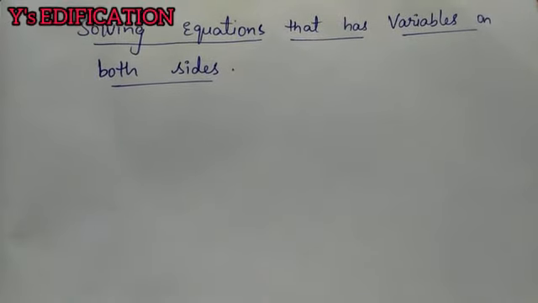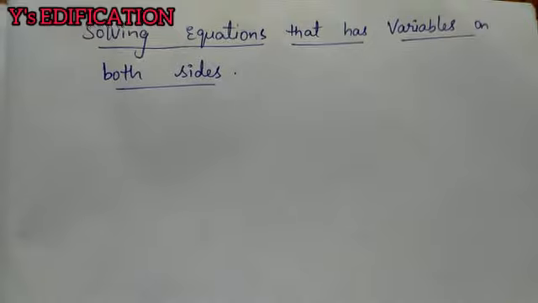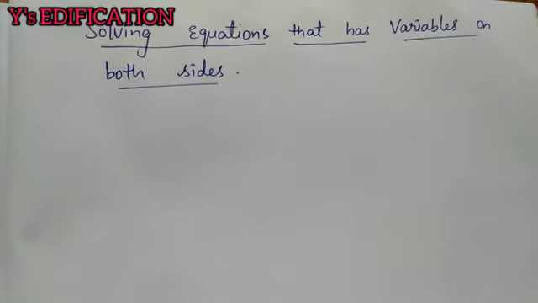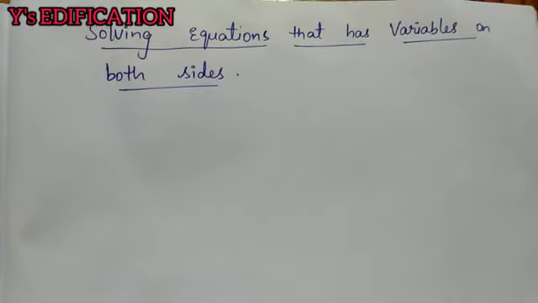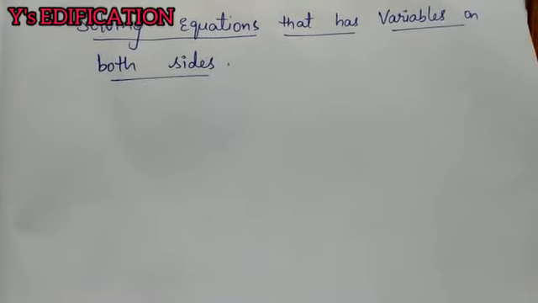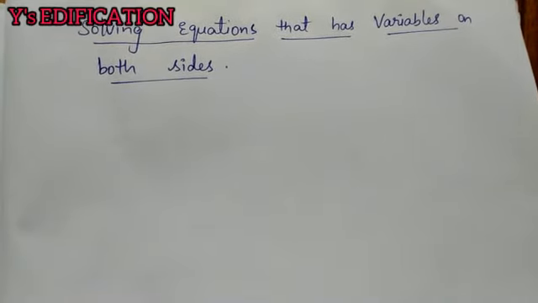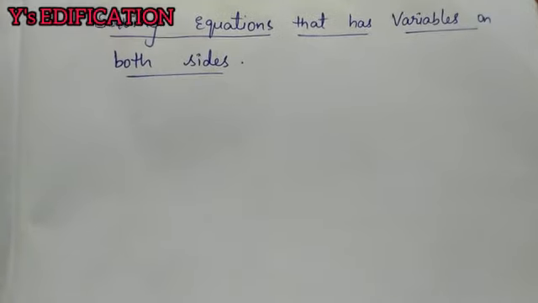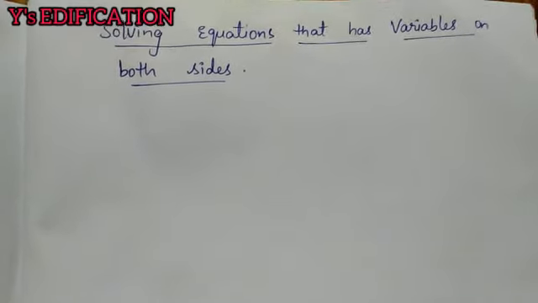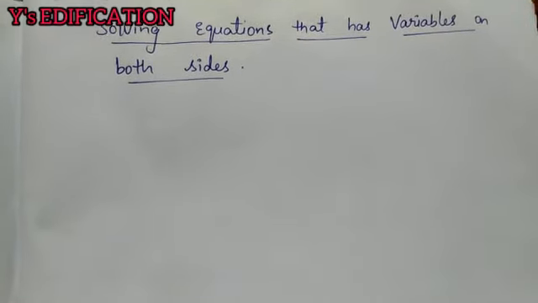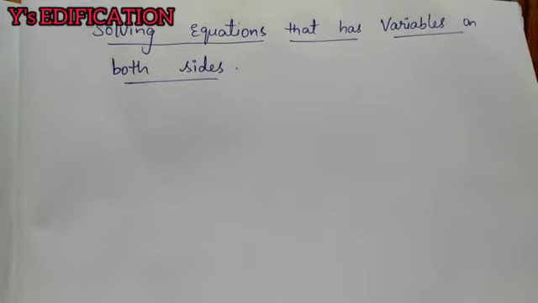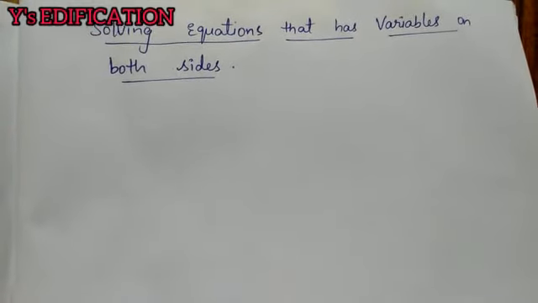So we are seeing linear equations in one variable topic now. In the previous classes we have seen how to solve the simple equations as well as some application oriented problems on simple equations. So today in this class we are going to see how to solve the equations which has the variables on both sides. So far we have solved the equations which has a variable on a single side, either in the RHS side or in the LHS side. But in this class we are going to solve the equations with variables on both the sides. Okay, come, let's do the problems.